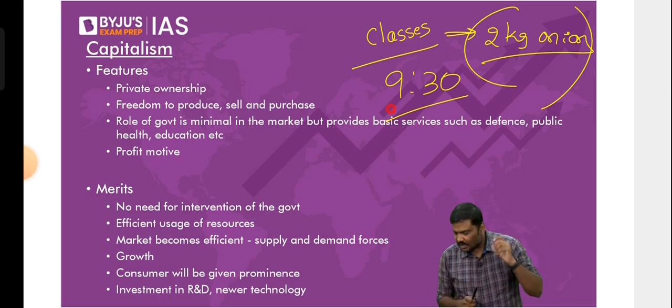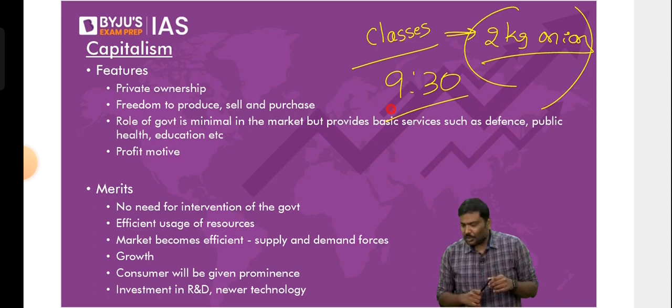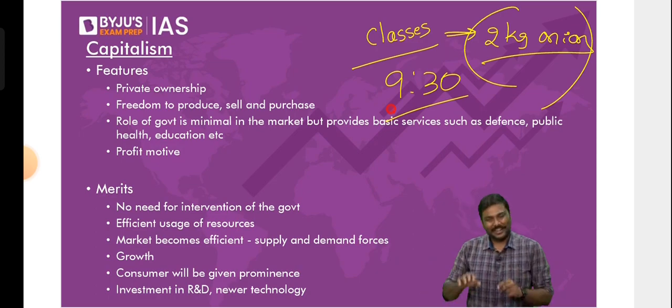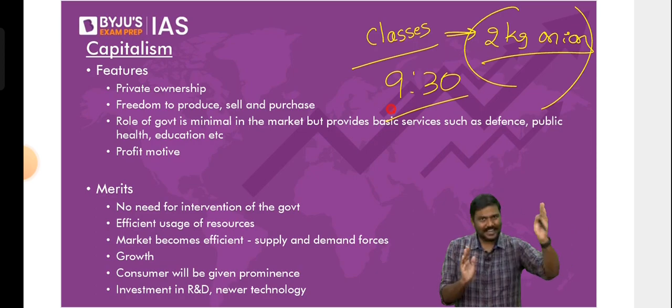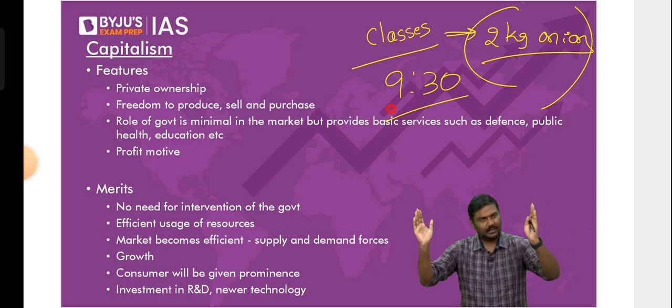Somebody says yes. How? What is the role of the government? They took tax on onion. Right, the role of the government is very minimal. In fact, the role of the government is not there here. Why? You've gone to a seller in the market. You're a buyer, here's a seller. You negotiated with the seller, paid the price, and purchased the onion.